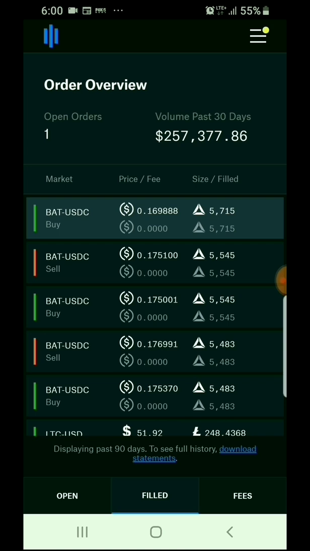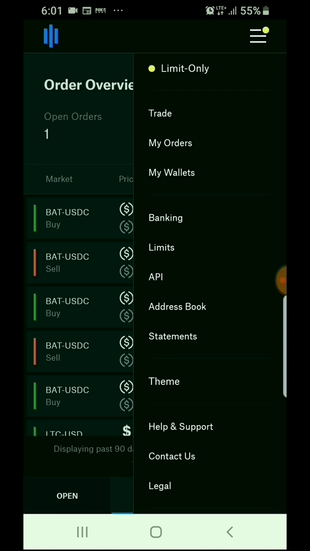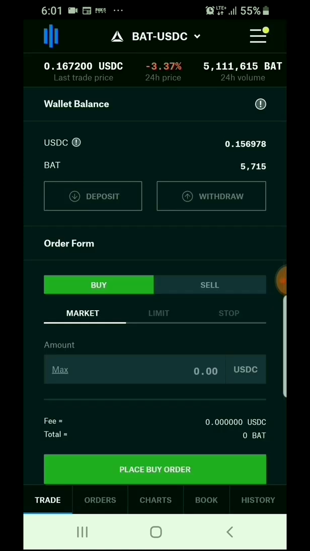So I could actually sell for anything over 0.169. So let's see what the price is right now. 0.169. Let me go back to trade. I'm doing this on my phone because it's convenient. I put my laptop away. My phone has all the screen recording software, and plus all my personal information isn't showing up on a screen. So all you see are numbers and nothing else. And actually, that's how I like it.